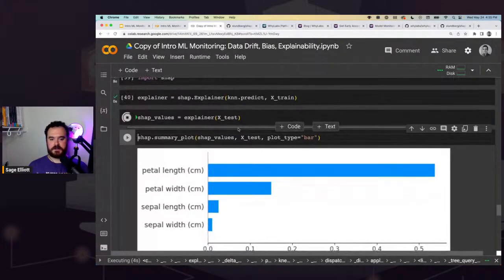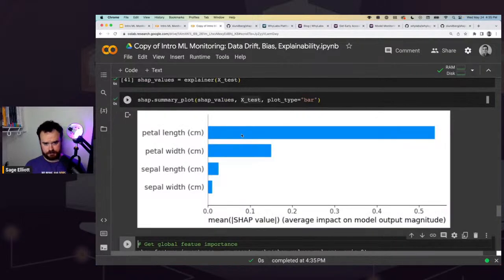Then it's going to figure out what was the most important feature between all the test data to make predictions. I don't think anyone wrote a guess of what it was going to be, but it's petal length. According to this chart, petal length is by far the most important feature. Something fun when you do this is you might have ones that are really low, like sepal length. You might even remove that feature from training a model and see how your model performs. If we just use petal length, it'd be interesting to see how our model would do.